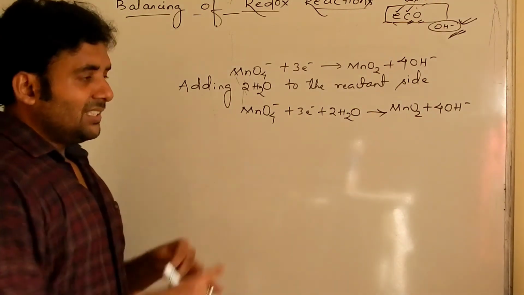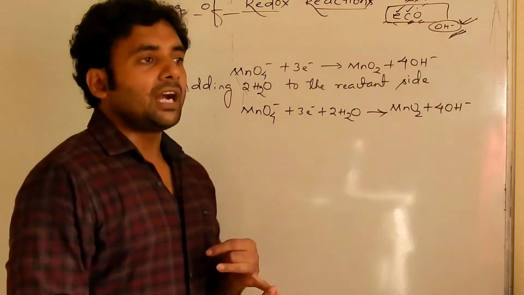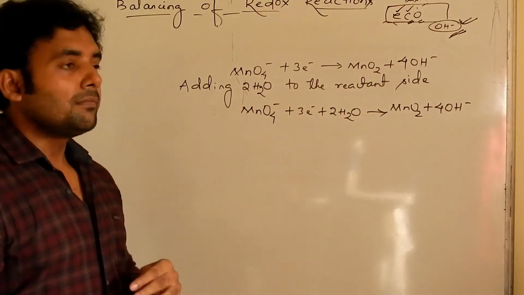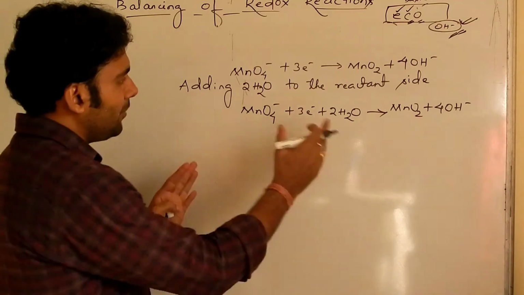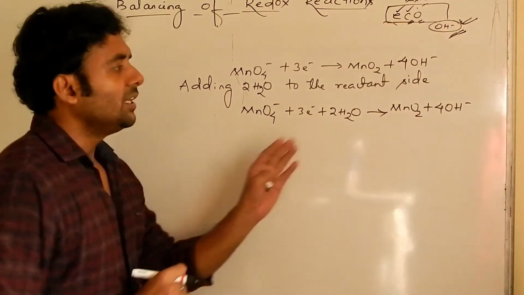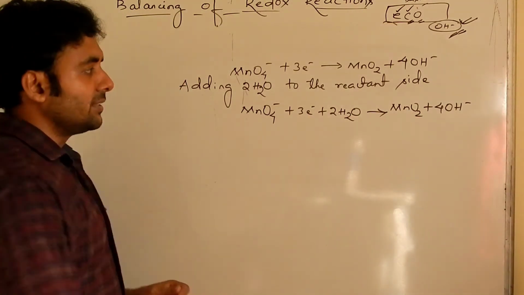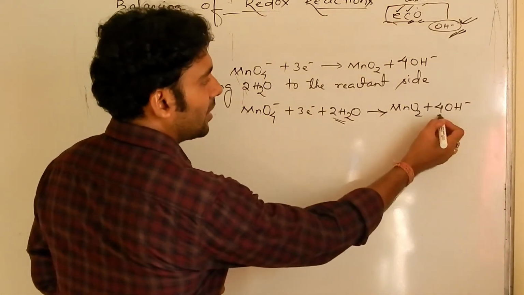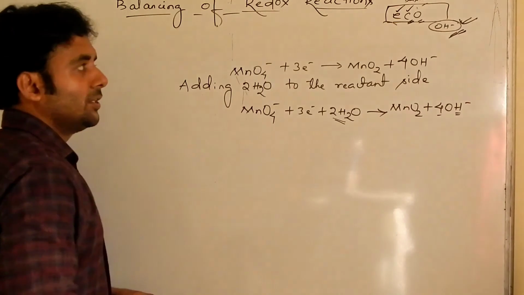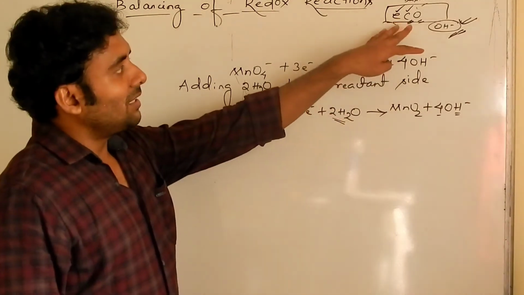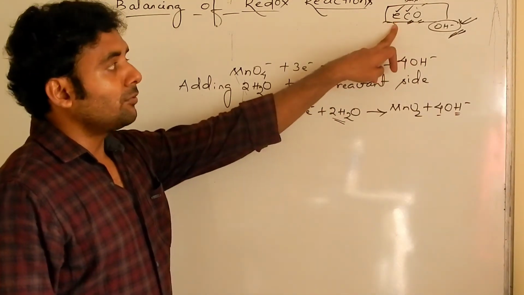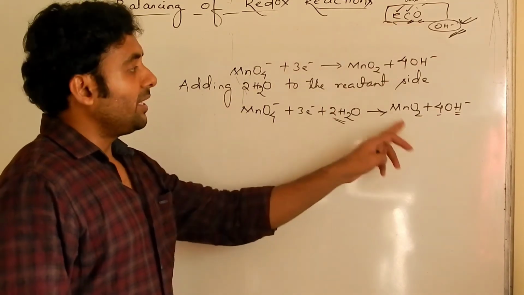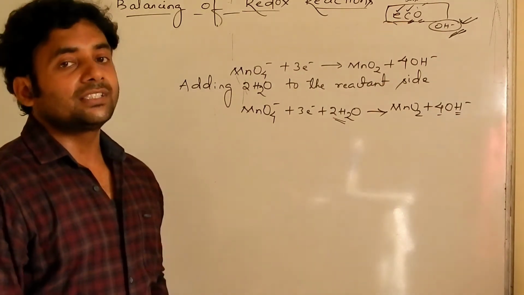Now in these 3 steps we have not taken care of the hydrogen. But if you examine this particular equation carefully, here hydrogen is automatically balanced. Check it here, in the reactant there are 4 hydrogen atoms, in the product also there are 4 hydrogen atoms. So by this method that we are applying here, first electron balance, then charge balance, then oxygen balance, automatically the hydrogen is getting balanced.